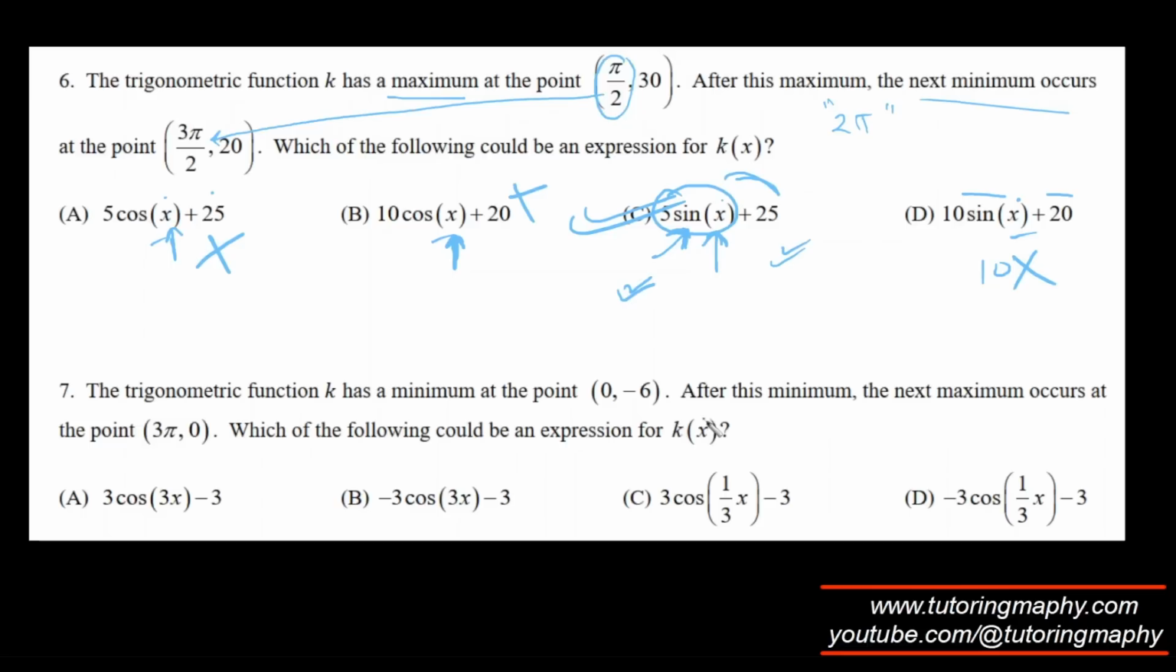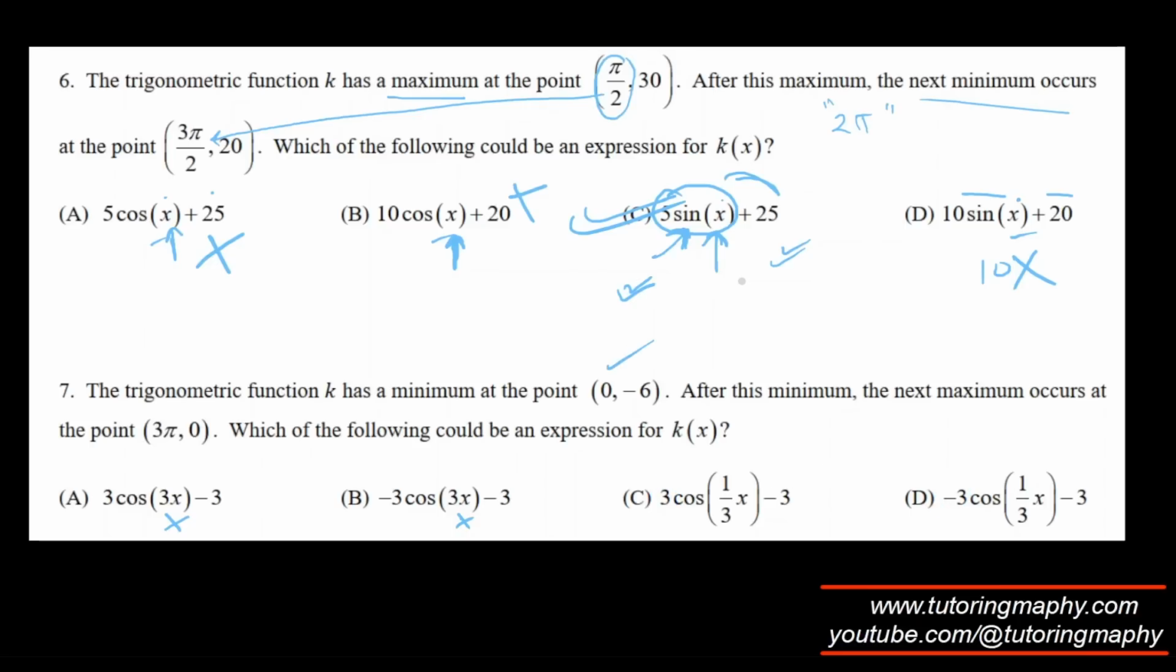Over here, once again, the minimum and the next maximum are given. So 0 to 3π is the half period, so 6π is the full period. This will not give me 6π. This will give me 2π over 3 and 2π over 3. This will give me 6π, because 2π over 1 over 3 is 6π, and 2π over 1 over 3 is 6π. The only difference is in this value,